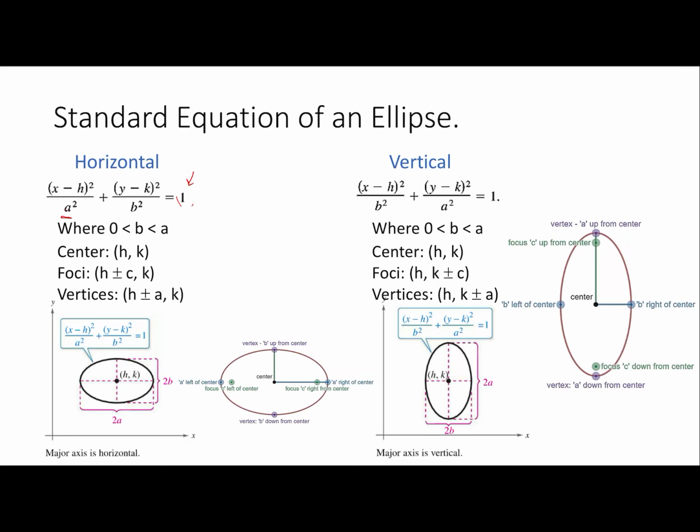The ellipse is horizontal when the a squared is beneath the x minus h squared term. So a and b are fixed. A is always the larger of the 2, and therefore a squared will always be the larger of the 2. When it's vertical, the a squared is beneath the y minus k squared. So a squared, the larger one, moves around based on whether it is a horizontal ellipse or a vertical ellipse. I don't get too hung up about this